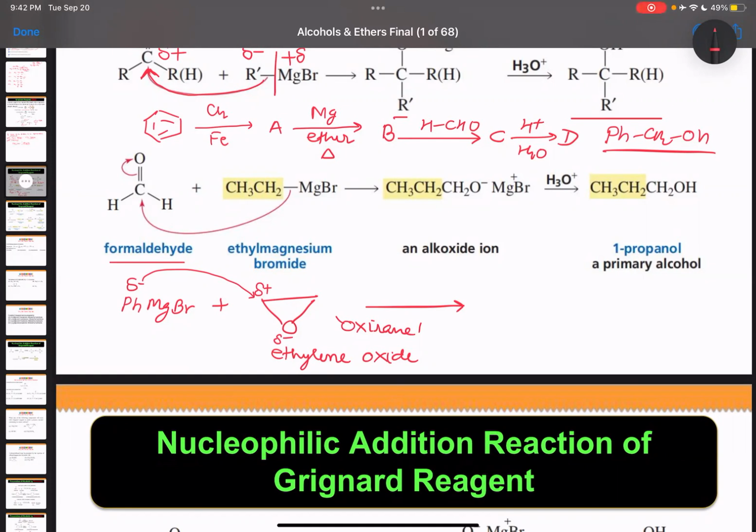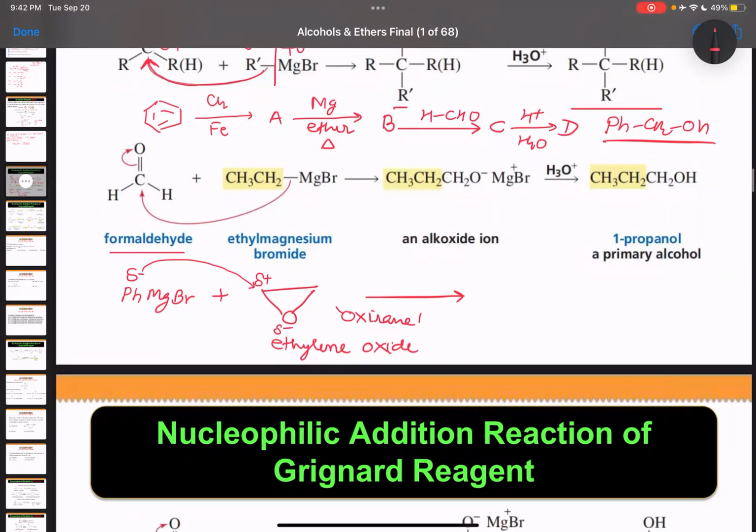The other carbon also has a partial positive charge, but both are the same. If they were different, we would choose the one which is less branched,